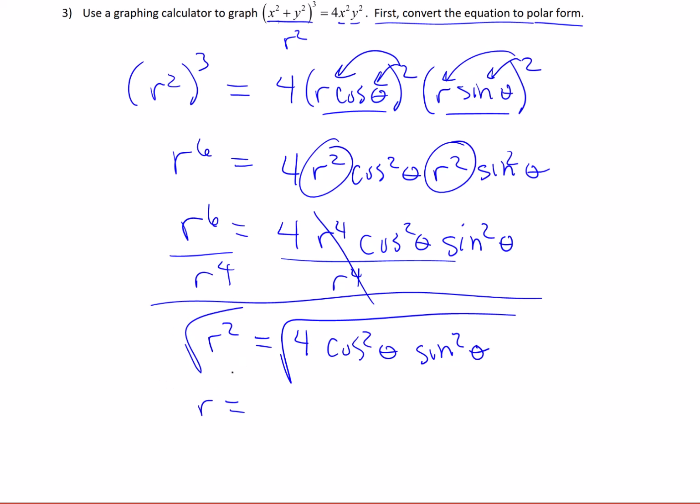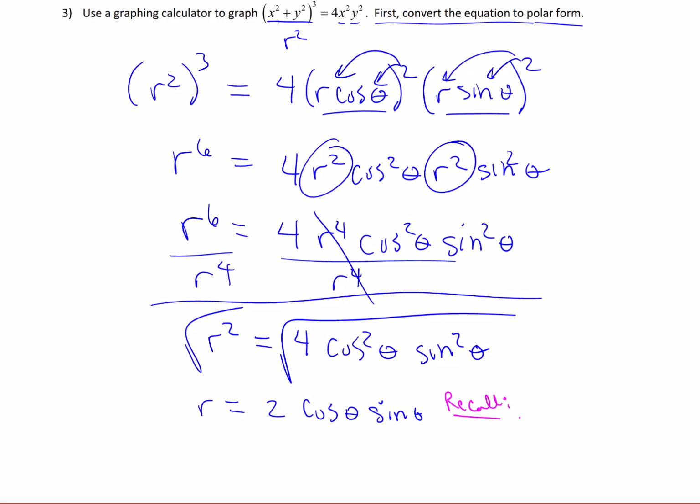On the right side, we're going to say then the square root of 4 is 2, the square root of cosine squared is cosine, and the square root of sine squared is sine. So we have now r equals 2 cosine theta sine theta. But let's recognize that there's actually an identity lurking here. Let's see, I'm going to recall,